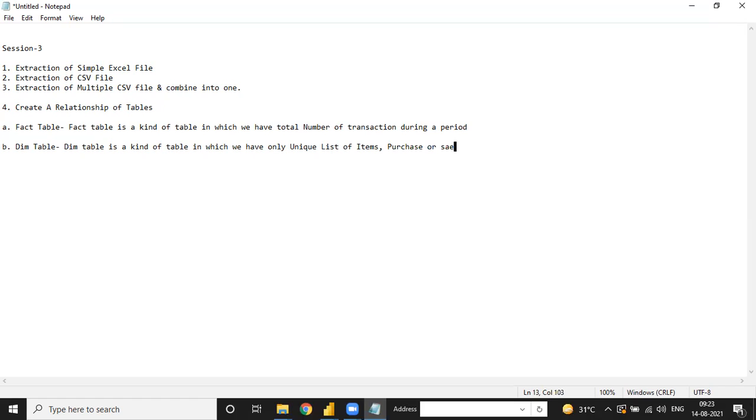A list of sales during a year. Like I will tell you one example. Under the sales table, date wise, we have the total number of sales. On the first day we sold, suppose, a computer.